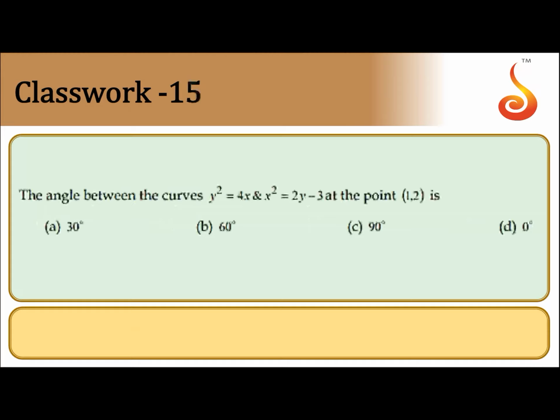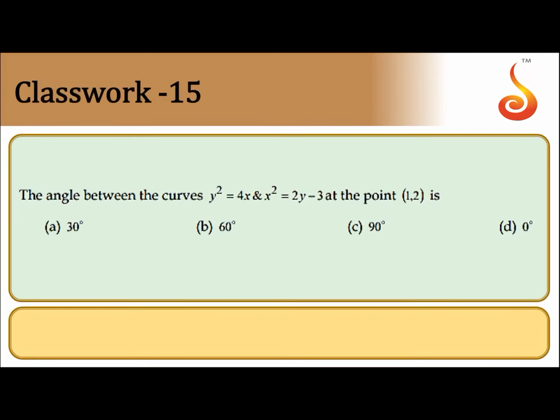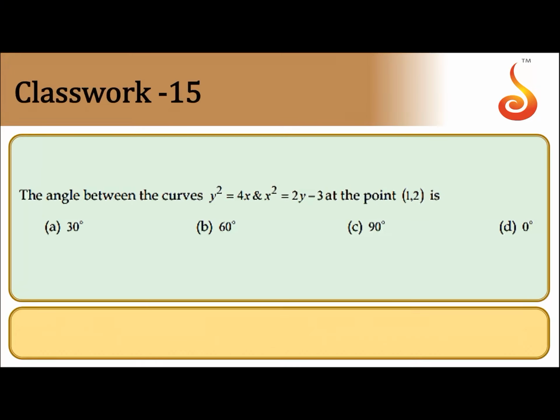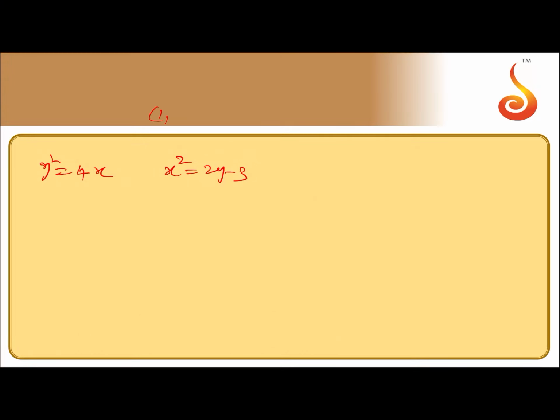Coming to the next one, the angle between the two curves at the point. Is it a similar problem? Same as the previous one. Let me take up y square is equals to 4x. Yes. So y square is equals to 4x is one curve. Second curve x square is equals to 2y minus 3, and the point of contact is 1 comma